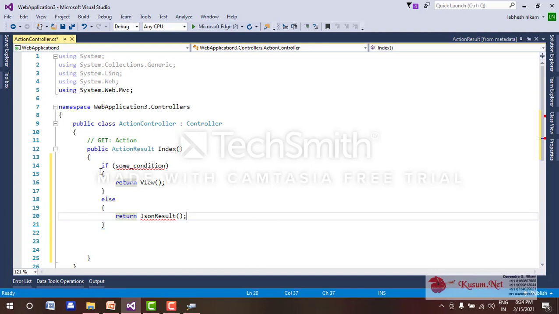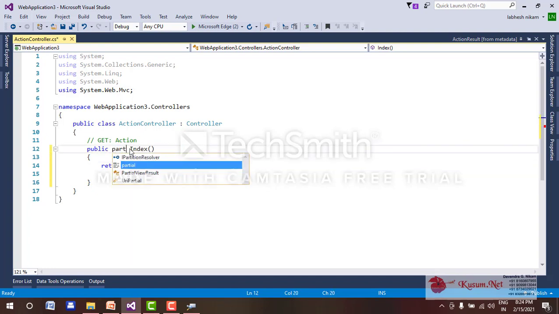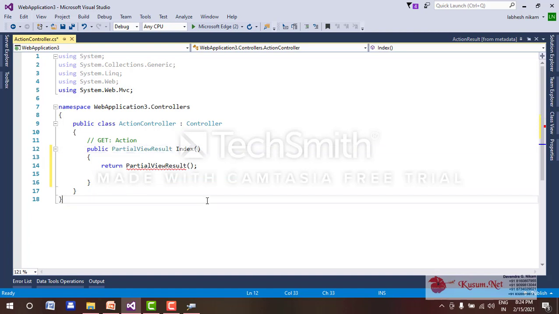And if you want only a single result, suppose a partial view, return partial view, then you have to specify the partial view result type. It's okay to use the specific type. But at the time of conditions, you have to use action result.